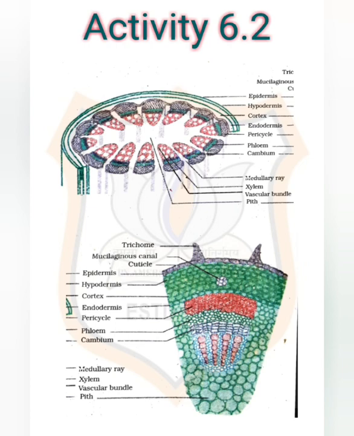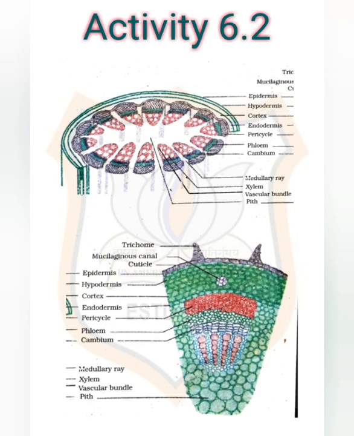Take a plant stem and with the help of your teacher, cut into very thin slices or sections. Now, stain the slices with safranin solution. Place one newly cut section on a slide and put a drop of glycerin. Now cover with a cover slip and observe under a microscope. Observe the various types of cells and their arrangements.